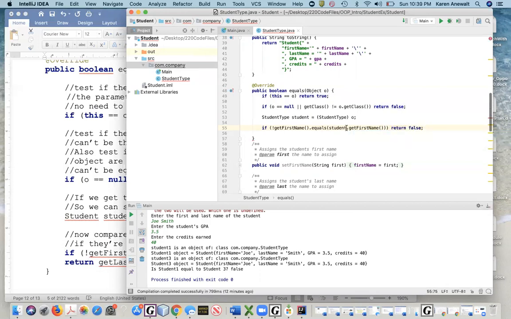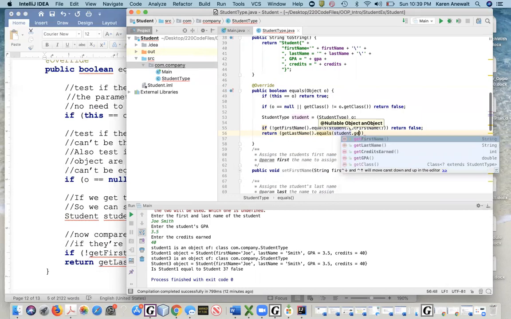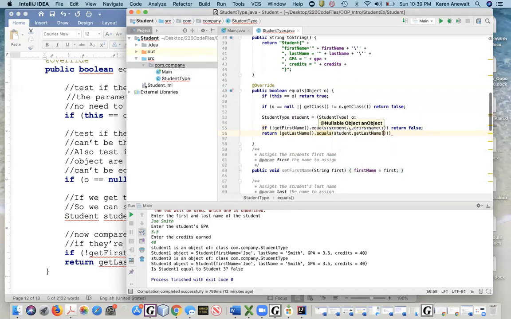So if their first names don't match, then they're not the same. And then otherwise, I want to return whether their last names match. So if equals returns true for those, then I'm going to return true. If equals returns false, then I'm going to return false. Cool. And that's the whole implementation for my equals method